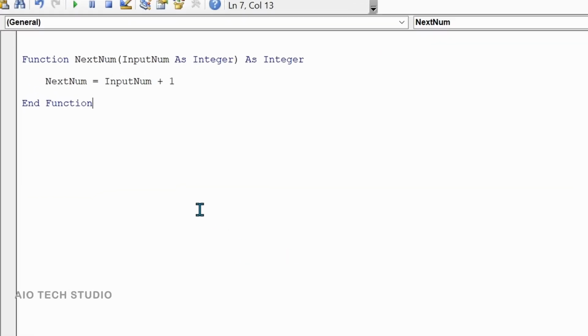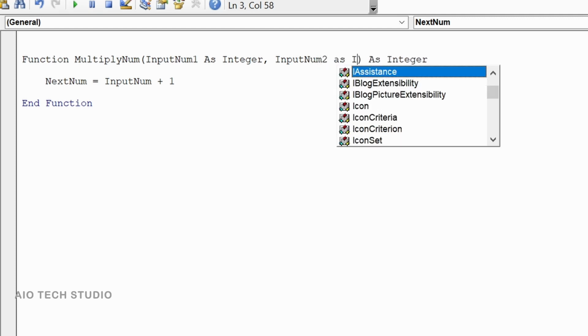Let's take another example. This time we will change the function name to MultiplyNumber and we'll put two arguments. InputNumber1 as Integer, comma, InputNumber2, which will also be an Integer.